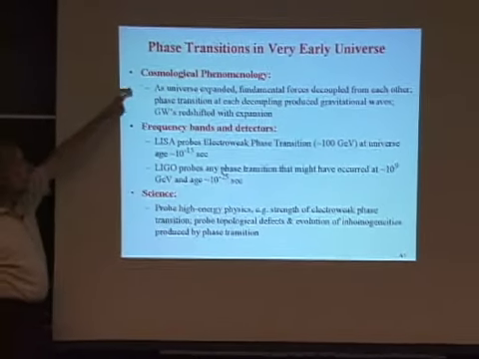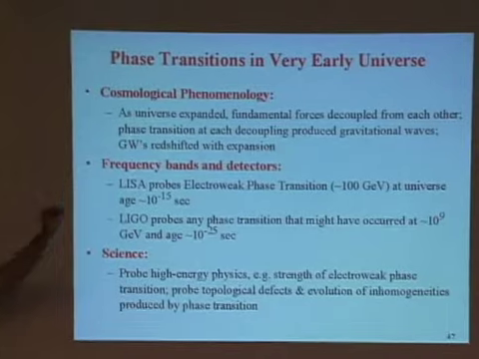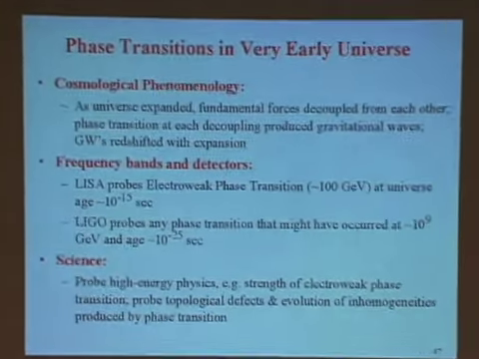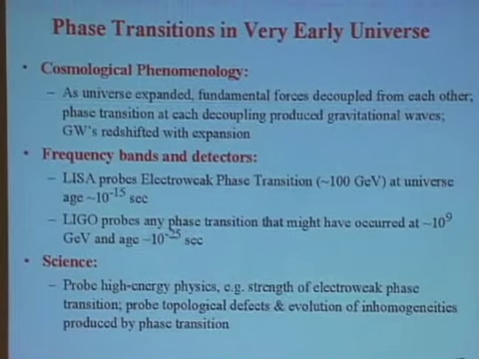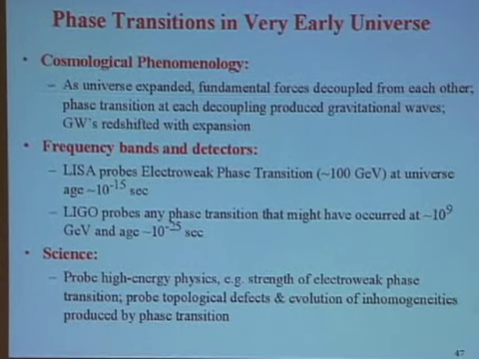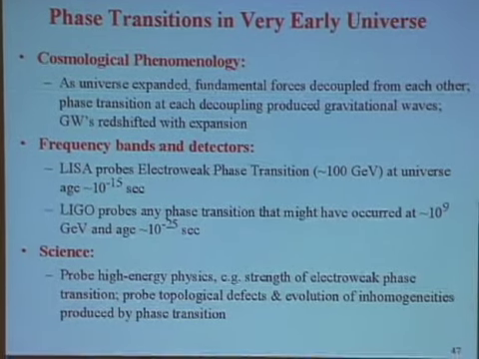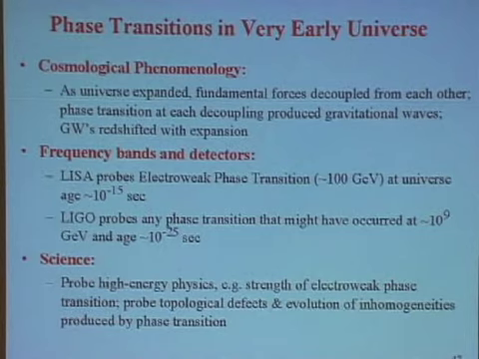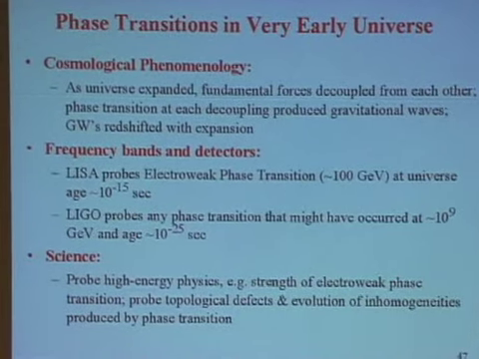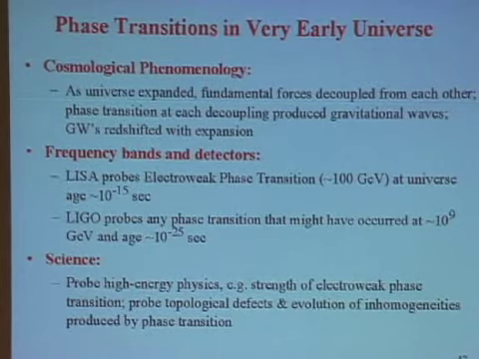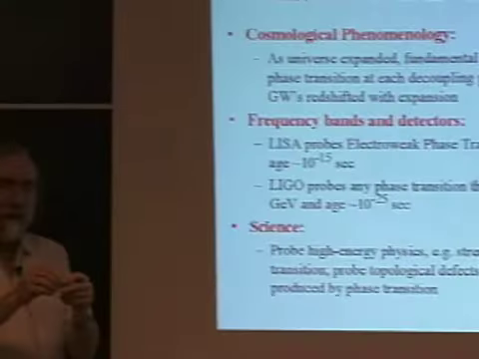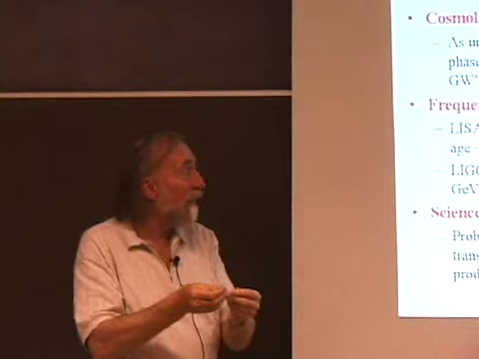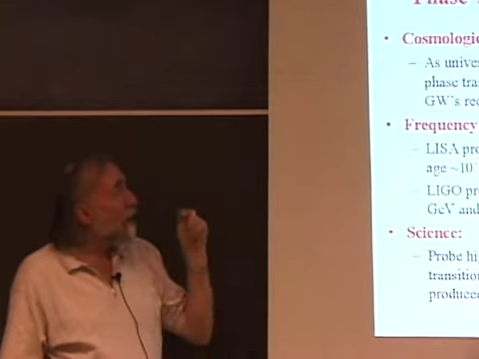Phase transitions in the very early universe. The cosmological phenomenology is that as the universe expanded, the fundamental forces decoupled from each other one after another as the temperature of the universe decreased. So initially, at very high temperatures, all the fundamental forces were the same. And then the electroweak force decoupled from the strong force. Then the electric force and the weak force decoupled from each other, gaining their own individual identities. At each decoupling,